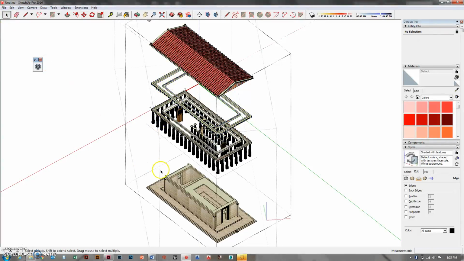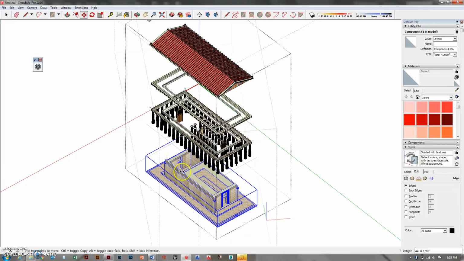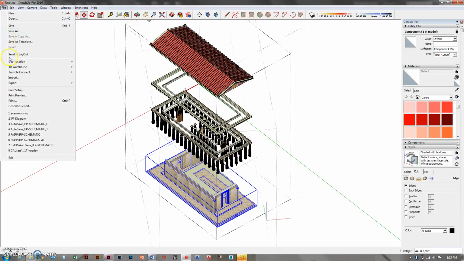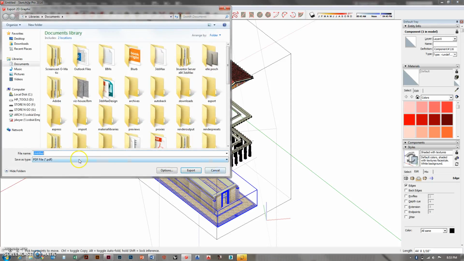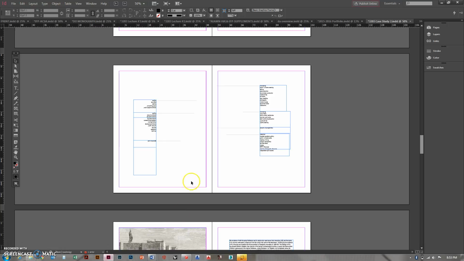And then maybe I want this base to be the same distance. So I'm just going to move it up a little bit. Like that. And then I can go ahead and export 2D graphic. I can export the 2D graphic as a PDF. And I'm going to call that the Parthenon axon, maybe. And then it's going to export it, and it'll take a little while, but I'll just show you what I've got,